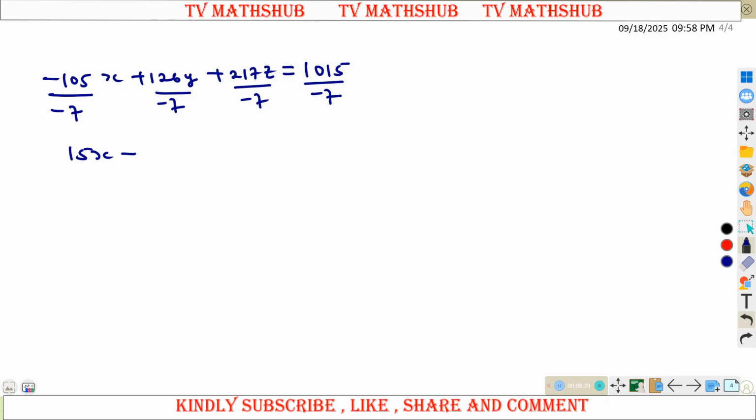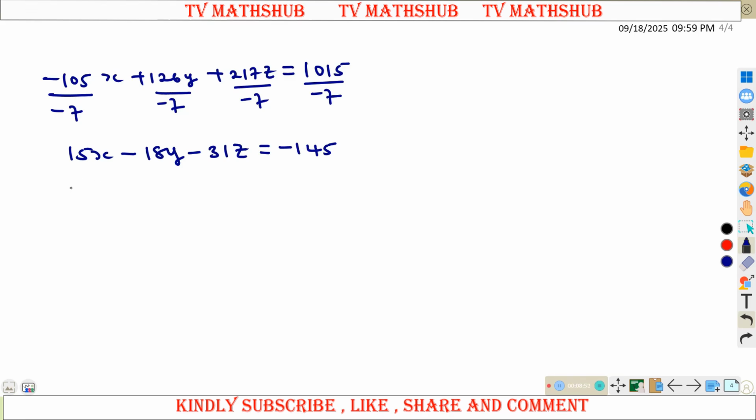Then this will be 126 divided by 7, which will give us -18y. And this will be 217 divided by 7, which will give us -31z. So this will be equal to 1015 divided by 7, which will give us